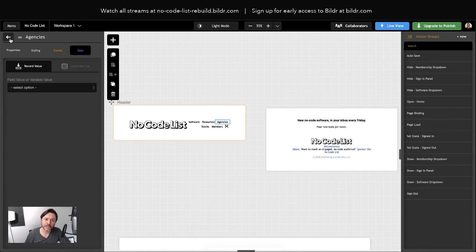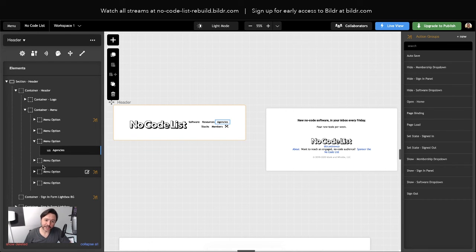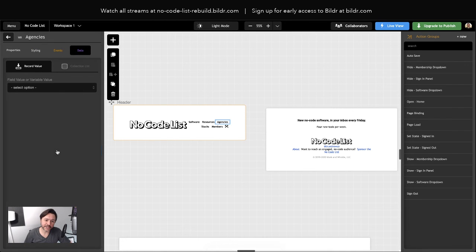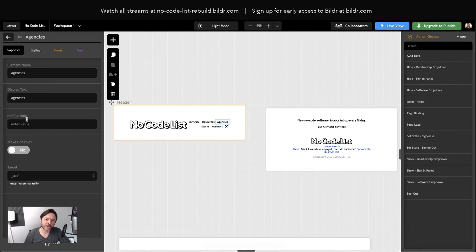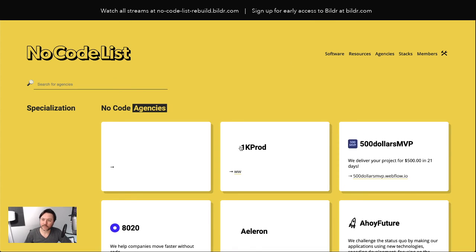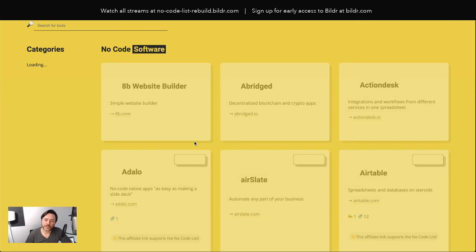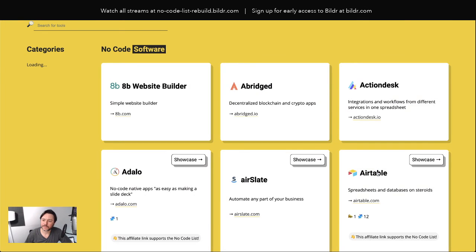So I'm looking at this header here, and I have a menu option container, and I have a link in here for agencies. I can come into the properties, and in the href, just enter /agencies. And I started with a slash because if I were on another page, like one of these software pages,